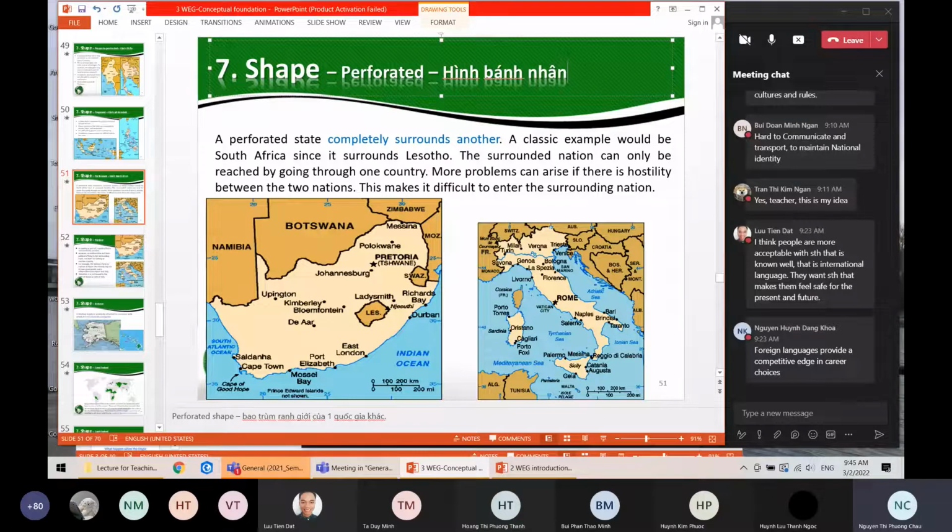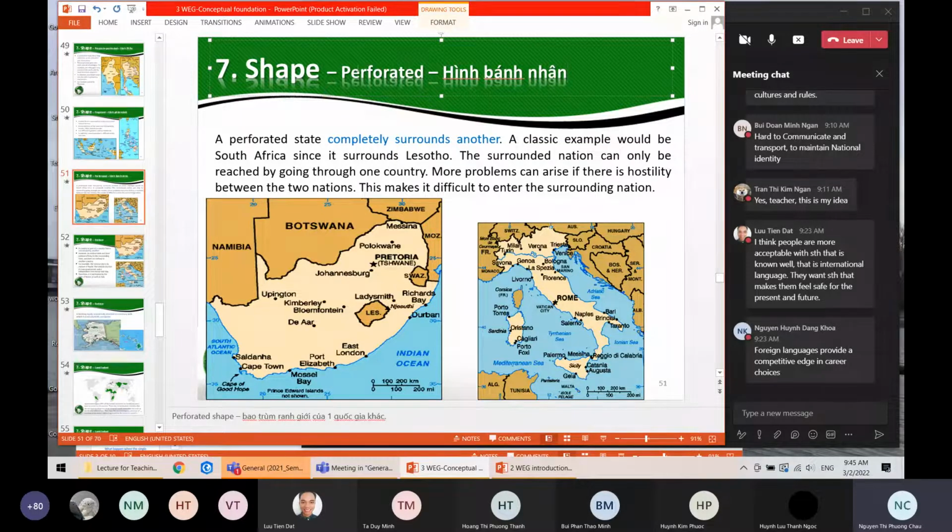It looks like a cookie with some decoration in the middle, together. It's like a cookie with some decoration in a cookie. But the decoration is a smaller thing. This is a smaller nation inside one nation.